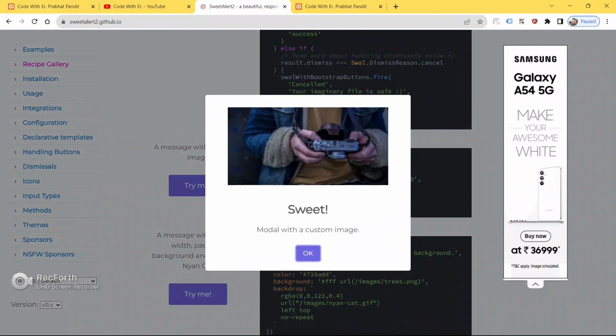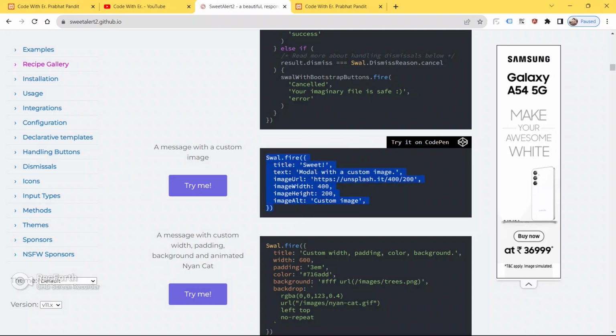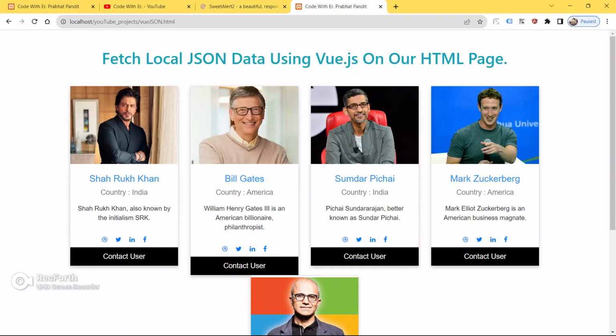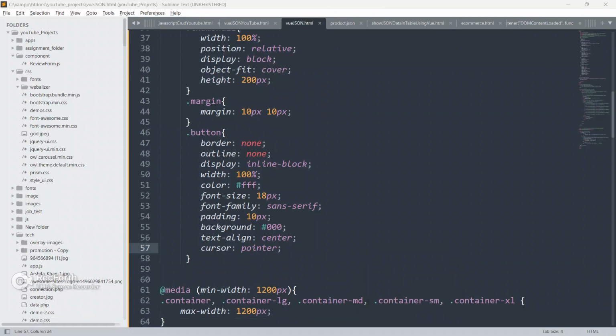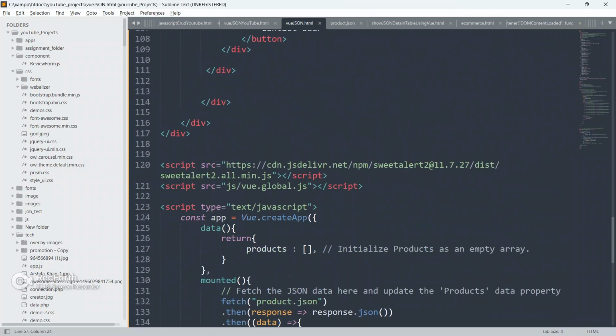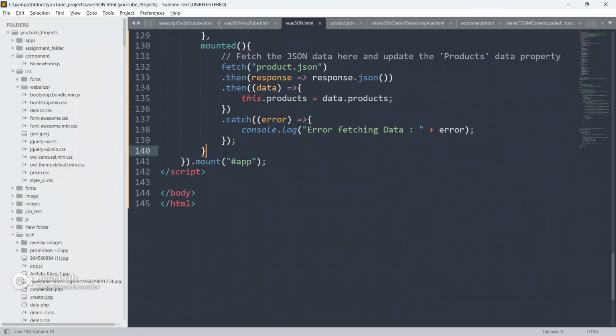So guys, I already explained, I am gonna use this SweetAlert from here. So let me just copy this code from this SweetAlert 2 only, and go to the code editor. I have already copied the CDN link for sweetalert2.all.min.js. So now below this mounted, give comma, and I have to create our methods also. So now I am gonna create methods here.